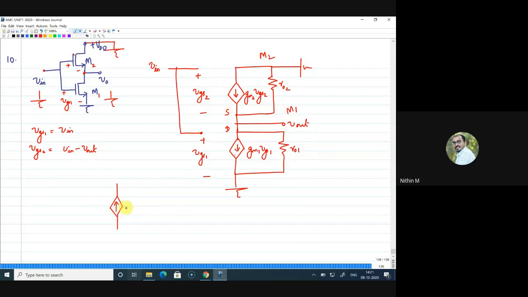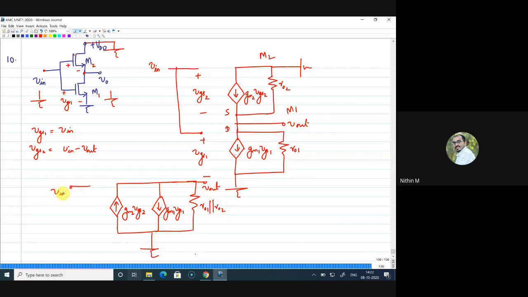So this portion I am reflecting to down. So it is upside GM2 VGS2, and to the other side the same will exist, GM1 VGS1. These two are connected in parallel. Now these are the two resistances there, so those two are also connected in parallel. I can write this as R01 parallel to R02, and this is the V out point, and this side is your V in. Right. So if you are asked to find what is V out, any doubt in the way I have drawn?